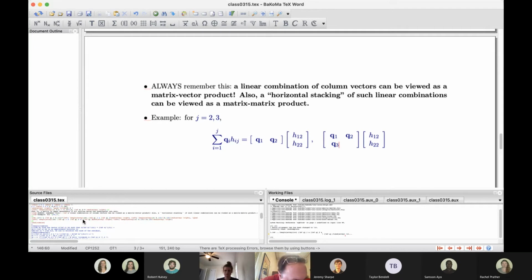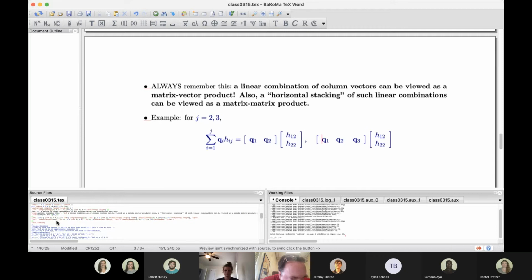Now I have three columns slapped together, and then the three coefficients: h13, h23, and h33. Now if I put these two vectors, one for j equal 2 and one for j equal 3, together,